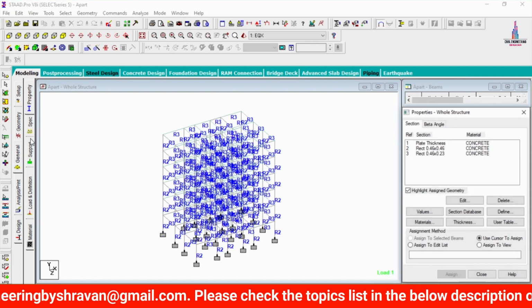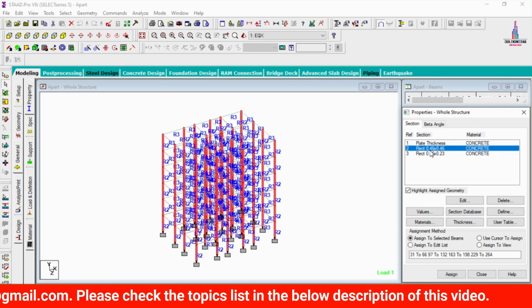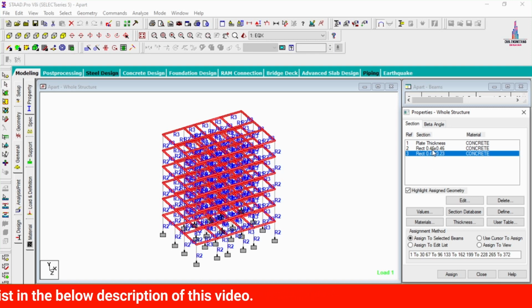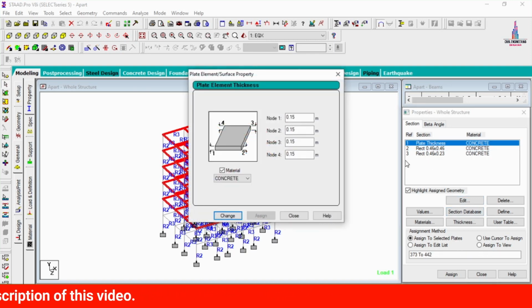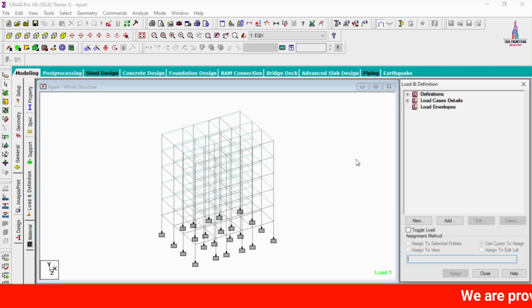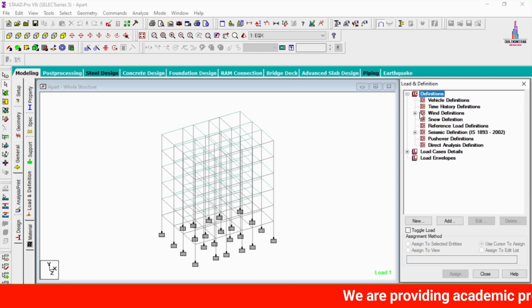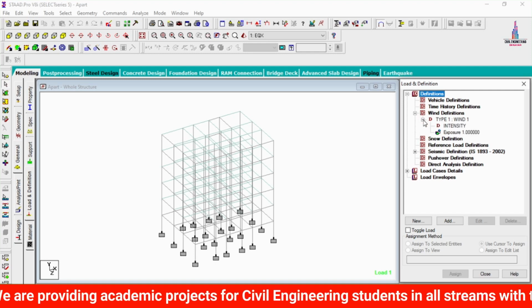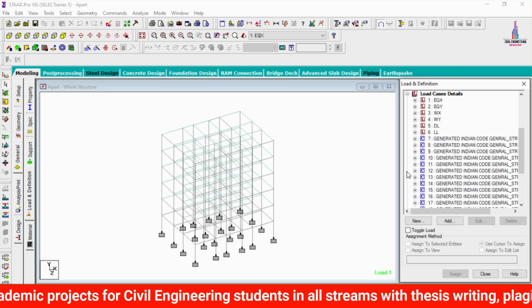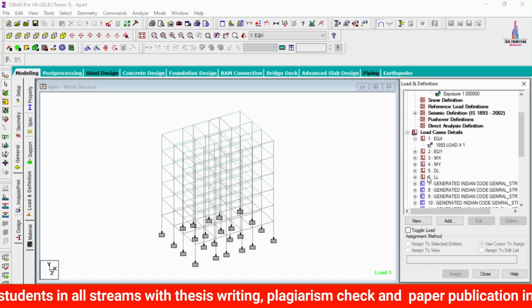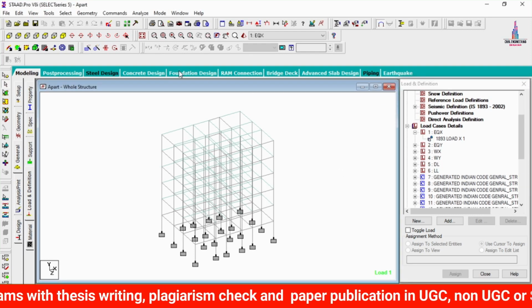For this building structure, I considered a column size of approximately 0.46 by 0.46 and a beam size of approximately 0.46 by 0.23. In the same way, I took the plate thickness as approximately 150 mm. I also took the load cases under the definition of the zone 5 seismic condition. I considered the wind load as 44 kilonewton per meter for this particular area. Now we have to define the load cases. So I defined the load cases for earthquake loading, wind loading, dead loading, and live loading. Now we have to do the analysis process.